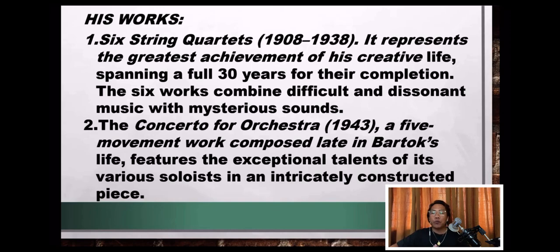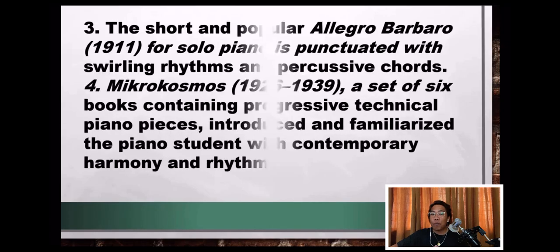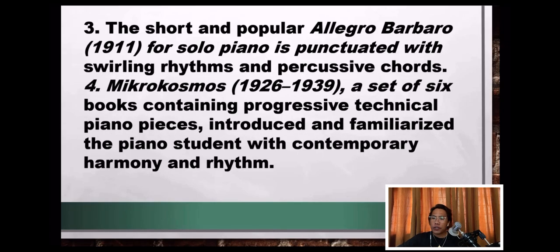A five-movement work composed late in Bartok's life, it features the exceptional talents of its various soloists in an intricately constructed piece. The third one is the short and popular Allegro Barbaro in 1911. For solo piano, it is punctuated with swirling rhythms and percussive chords. Number 4 is Mikrokosmos in 1926, finished in the year 1939. It is a set of 6 books containing progressive technical piano pieces that introduced and familiarized the piano student with contemporary